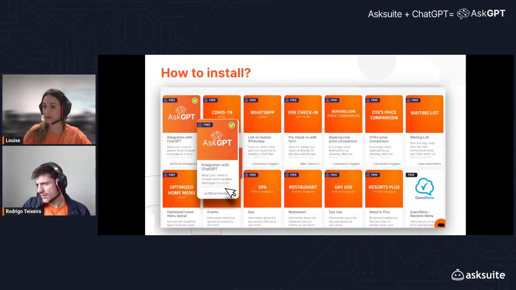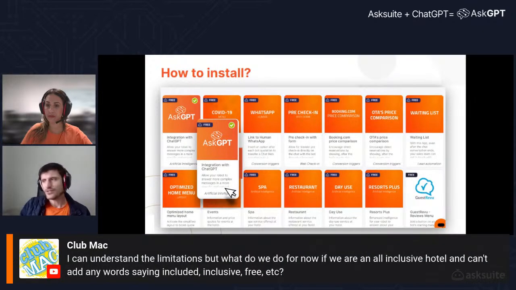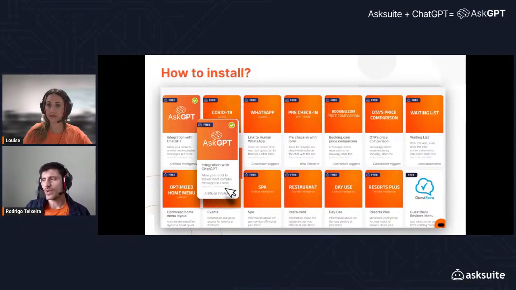Club Mac is asking, I can understand the limitations, but what do we do for now if we are an all-inclusive hotel and can't add any word saying included, inclusive, free, etc.? Great question. That's exactly what we are developing right now. This question is related to the previous one.